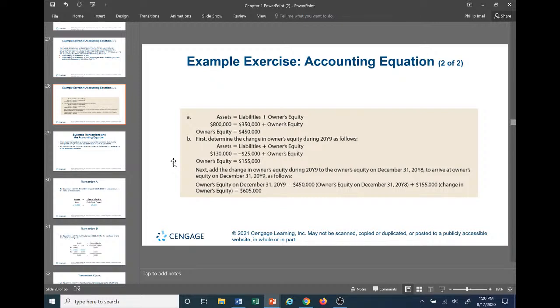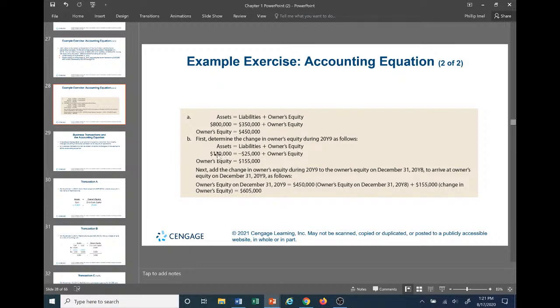Okay, so remember our equation here, assets equals liabilities plus owner's equity. So assets, once again, the change in assets was given, which was 130,000. So we're going to have this in here as a positive number, 130,000. The change in liabilities for the year was also given. The liabilities decreased by 25,000, so we're going to plug this in as a negative number. And we still have the unknown of owner's equity, how it changed through the year.